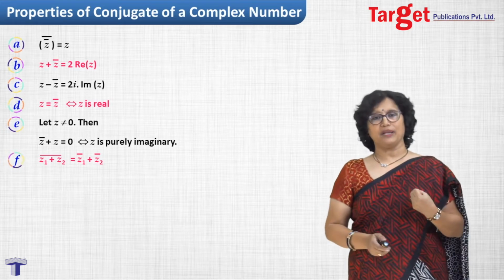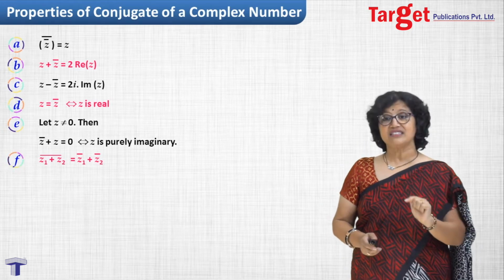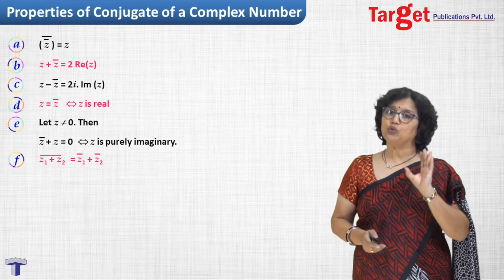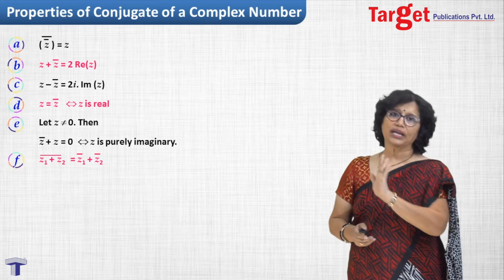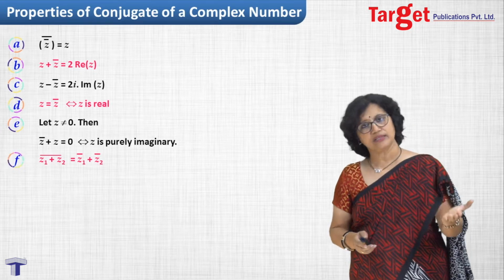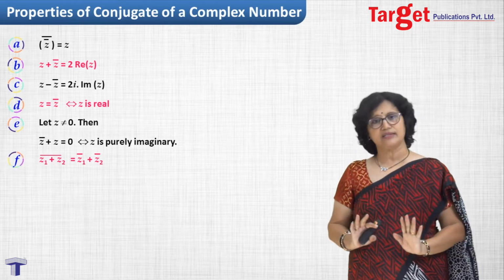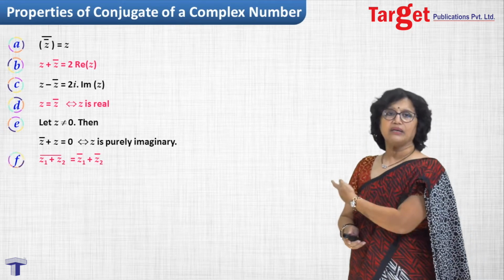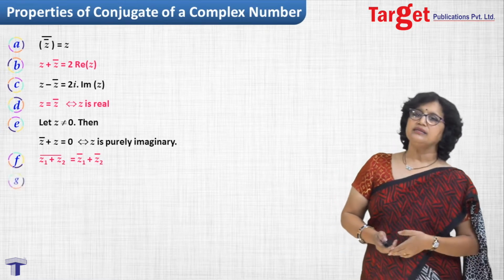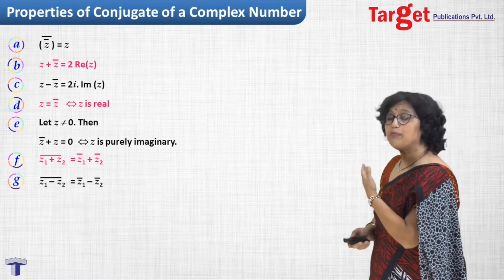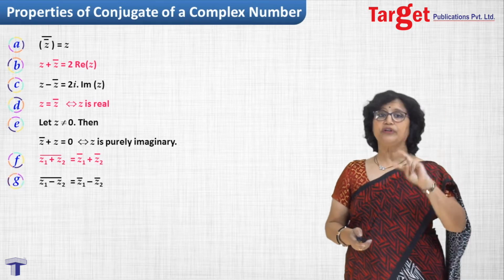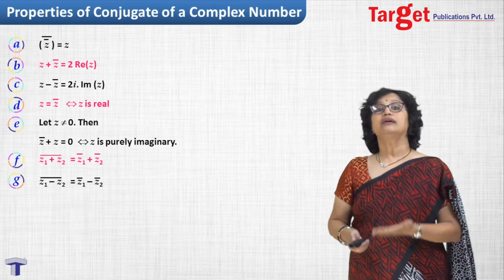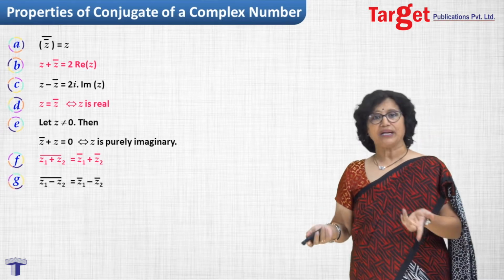the conjugate of the sum of two complex numbers, and as expected the answer is the sum of the respective conjugates. Now if you wish, you can actually write z1 as a plus ib, z2 as c plus id, substitute in the left hand side in place of z1 plus z2, take the conjugate, and this would lead to nothing but z1 bar plus z2 bar. Similarly, I go to next, and it is z1 minus z2 whole bar, meaning the conjugate of the difference of two complex numbers. And again, as expected, we get that as the difference of the respective conjugates.